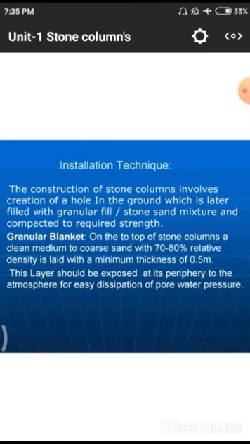That means pore water pressure, whatever water lies in the ground itself, is associated with the soil and needs to be expelled from the particular holes, so the layer should be exposed at its periphery to the atmosphere. Periphery means